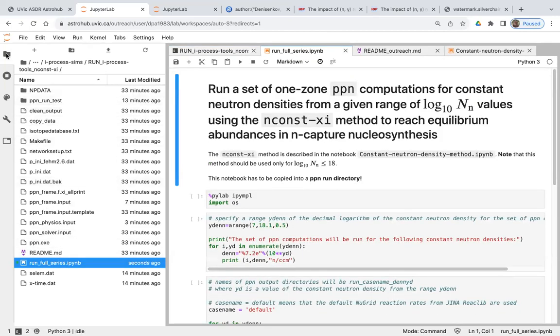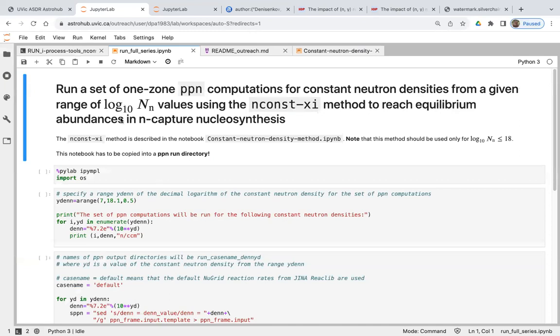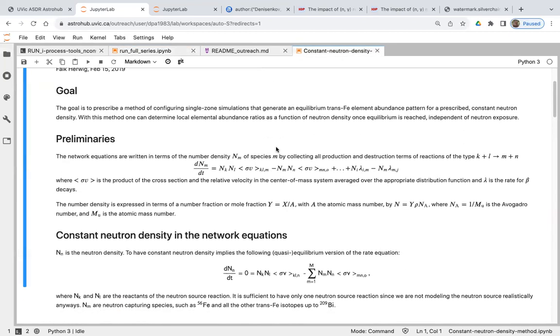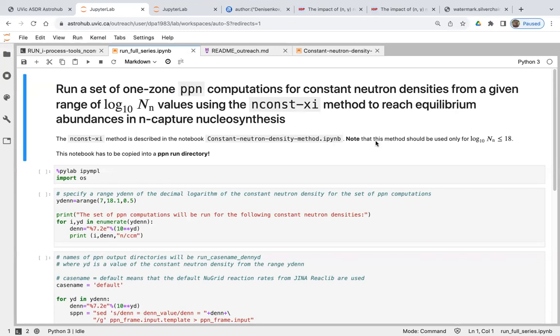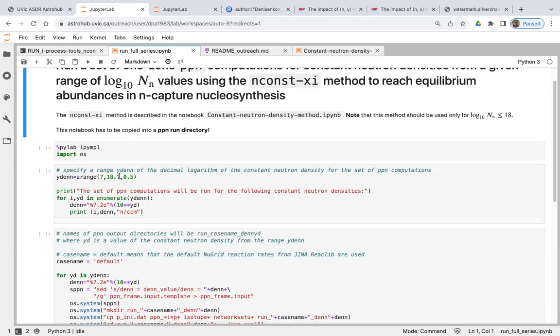I open it. So the title says, run a set of PPN computations for constant neutron densities from a given range of decimal logarithm neutron density values using this method, to reach equilibrium once and uncapture nuclear symphonies. This method is described in this notebook. So now if I execute this,